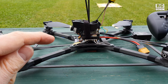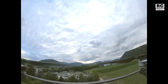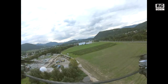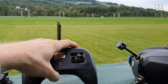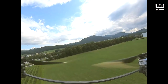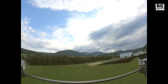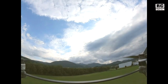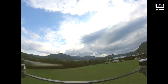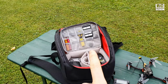So I flew this on 25 milliwatts today, and I could play around with it because I had the safety of a return to home switch. I just have this shoulder button here, and if you press it, it will initiate return to home, which first flew to the home point at a very slow speed, because the standard speed is like 3 meters per second. So I thought, okay, I have to change this at home, but then I remembered that I have